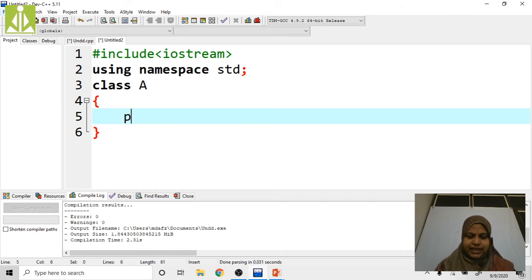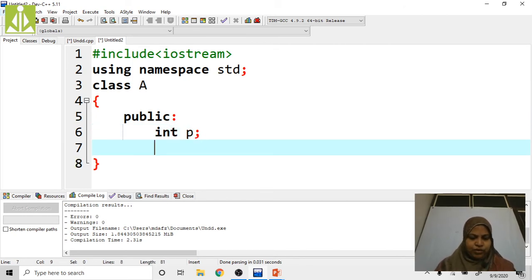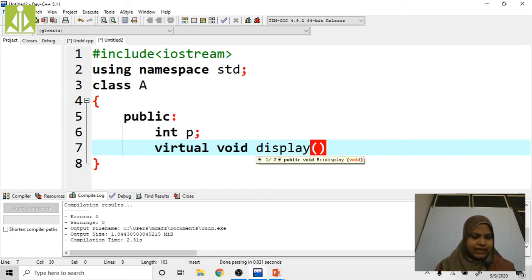In public mode, I am going to declare one variable int P and virtual void display, and put the semicolon. Here I am declaring two members, one is the P data member, one is the void display method.